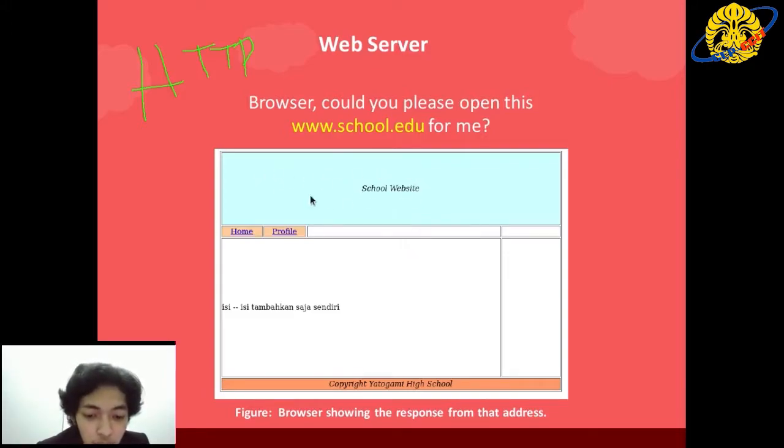In this example, our school website looks like this. It's just a demonstration. So this figure is the browser showing the response from that address. I think that's all from me.